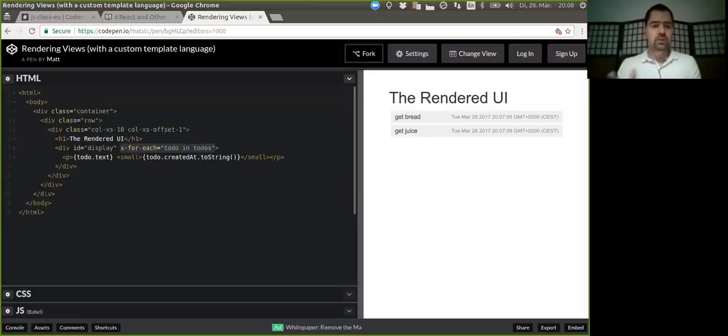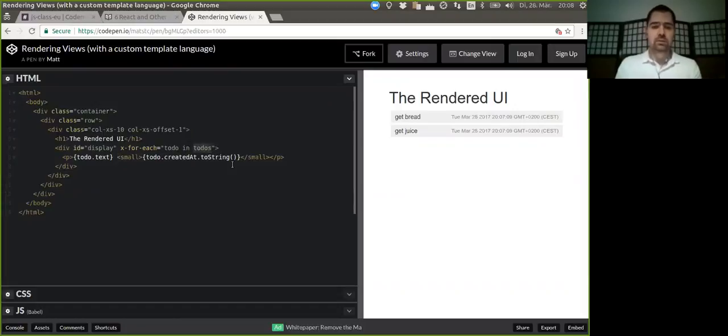Whenever the developer puts in x-for-each, I will take the content of this div and loop through it, generating the content of that div once for each to-do in to-dos. So this is also custom. It's completely made up. It's not JavaScript. I'm specifying that you can use a language like this. Right? So to-do becomes a variable that you can use inside the body of that div,